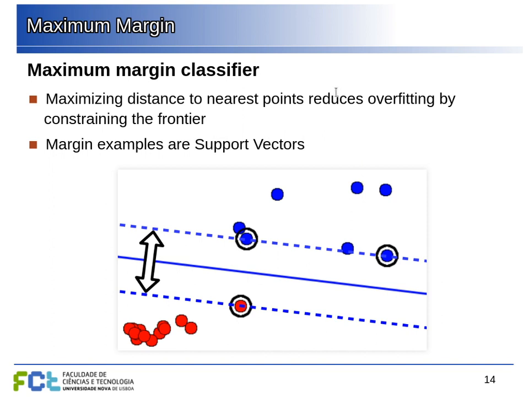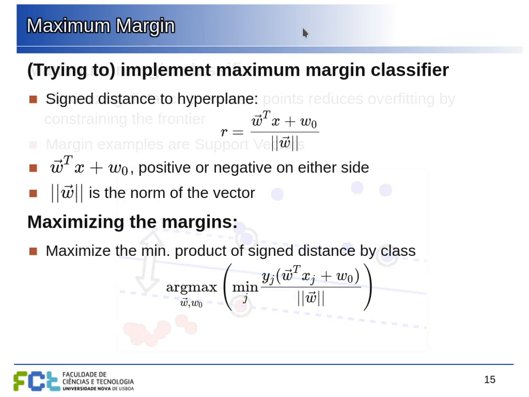So this is the basic idea behind the support vector machine. We want to identify the support vectors and maximize the distance between the discriminant and those support vectors, because the support vectors are the ones that will lie closest to the discriminant. And since this distance is the margin, what we're trying to do is maximize the margin. So let's try to implement this maximum margin classifier